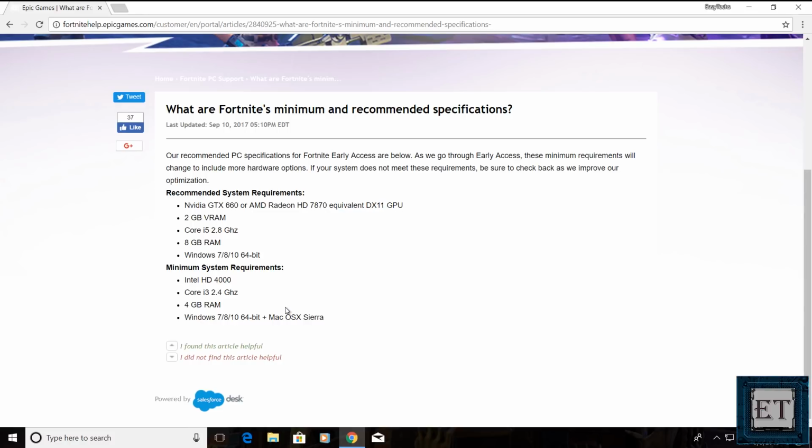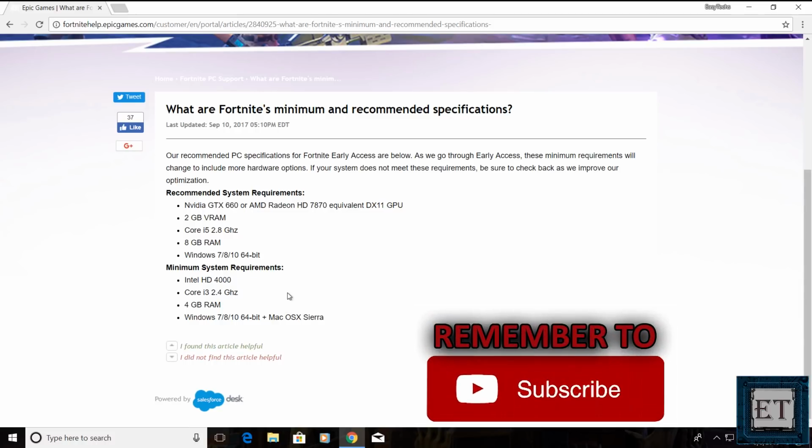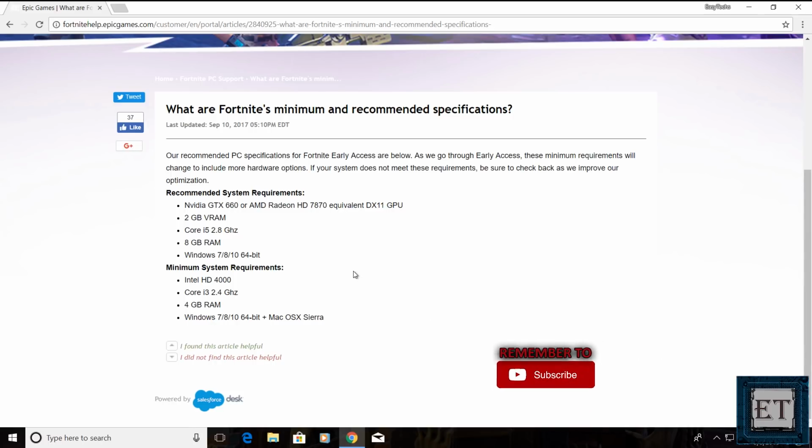However, to enjoy the full features and functionalities of the game in a smooth, responsive fashion, then you will want to run on the recommended system requirements, which is basically a bigger graphics card, faster processor, and doubling up on your RAM. That notwithstanding, before you dismiss your PC as incapable of running Fortnite, here it also says that if